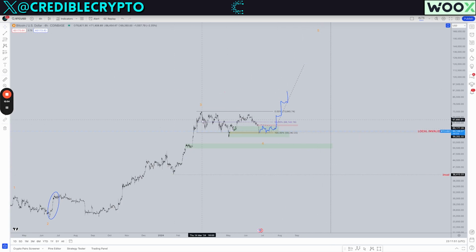And if we can cover $30,000 in a month and a half at minimum, that means that we should cover 60,000 in 3 months at minimum. 60,000 from 60K puts us at 120K by October, which again lines up with the rate of ascent, angle of ascent, increase in acceleration that I showed you guys earlier, that gives us a minimum of like 90K by October, right? So everything points to this next move being explosive.